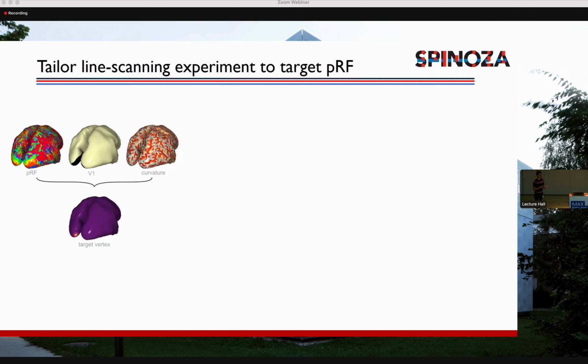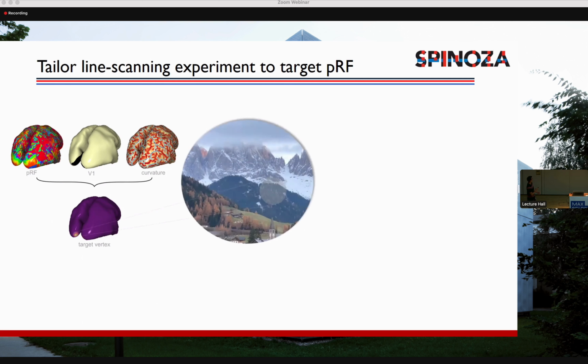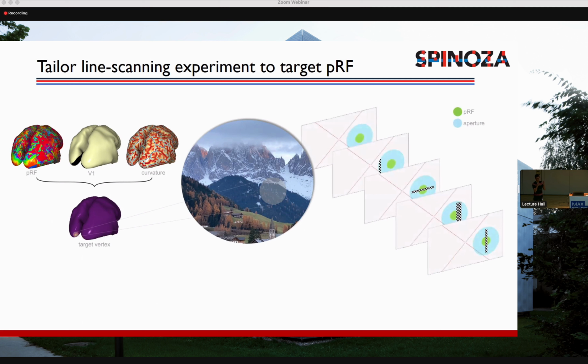And this allows us, because this is done for all voxels across the brain in the first session, to actually implement these characteristics into our criteria to find the target that we want. And if we do that, we know exactly what part of the visual field our target is encoding for. And if we have that, we can directly go in with our experiment and target that particular area in